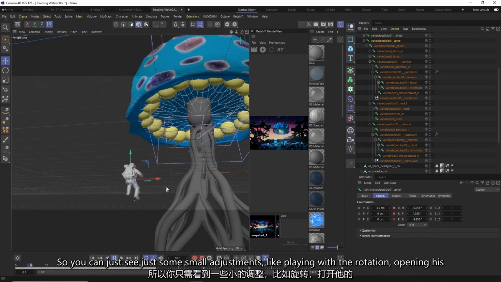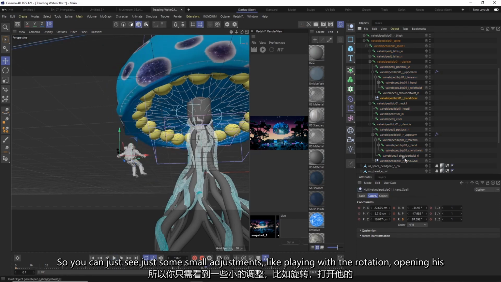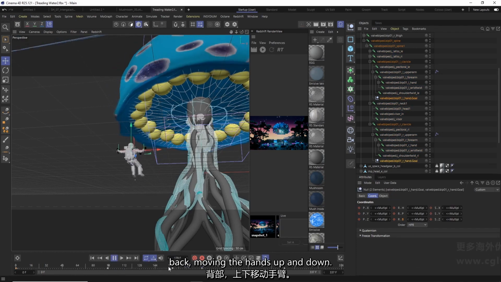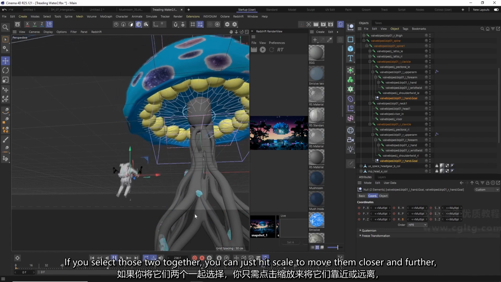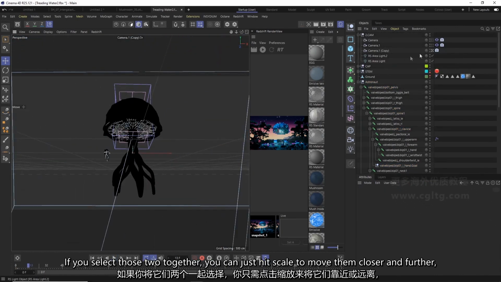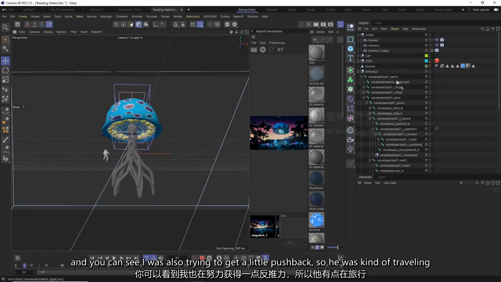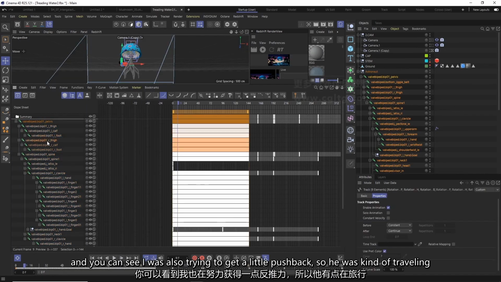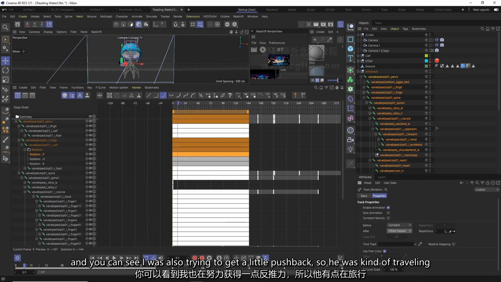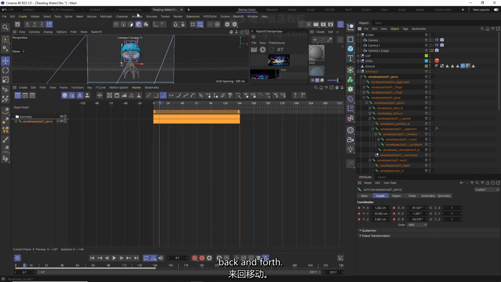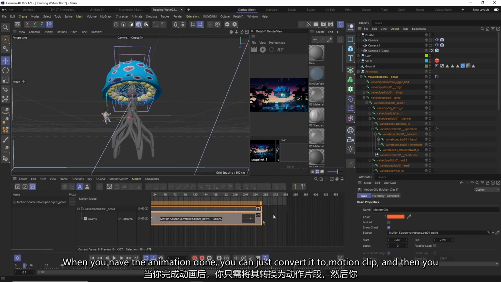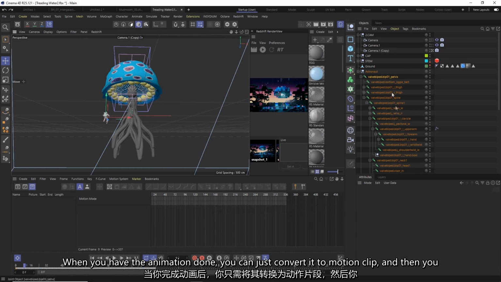So you can see just some small adjustments, like playing with the rotation, opening it back, moving the hands up and down. If you select those two together, you can hit the scale tool and move them closer and further. You can see I was also trying to get a little push back, so it was traveling back and forth. When you have the animation done, you can convert it to a motion clip, and then